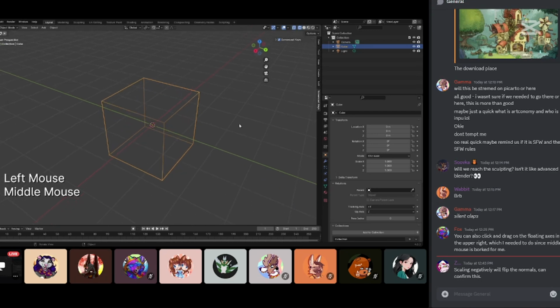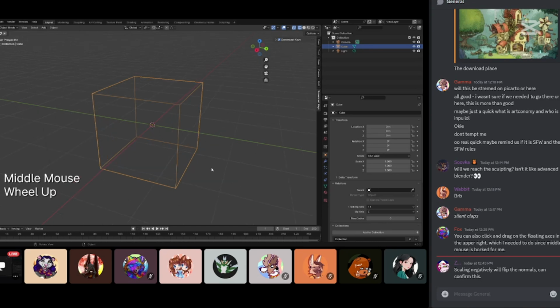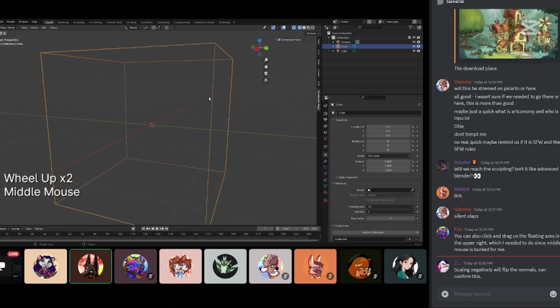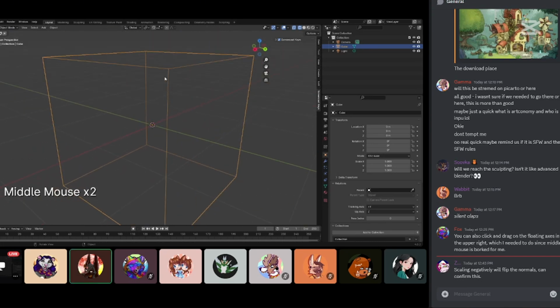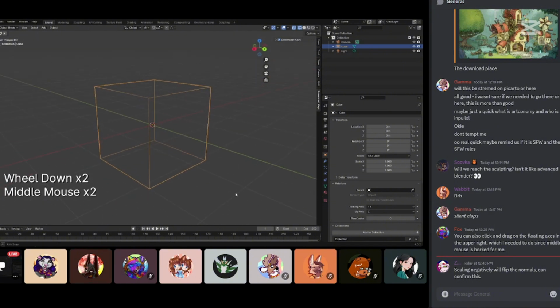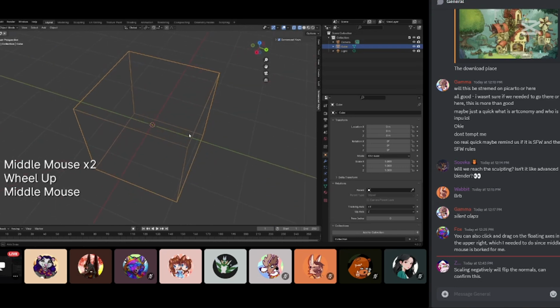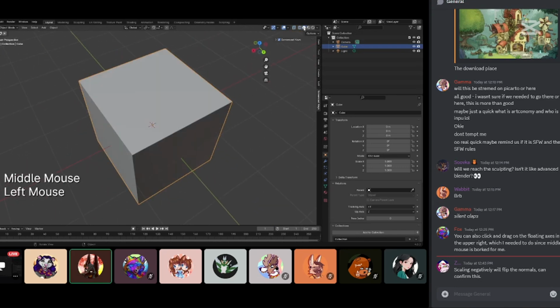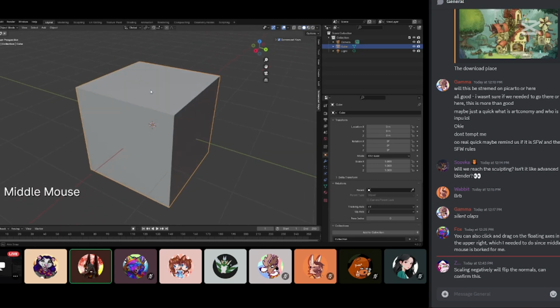The first little ball shows you a grid where all of these little vertexes connect. The next option is solid view, and that's just going to give you a basic